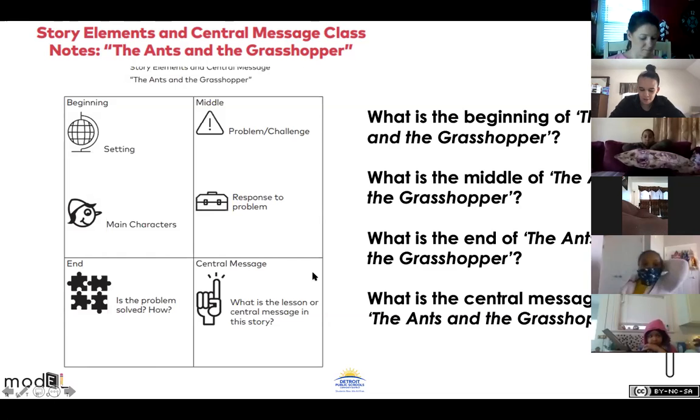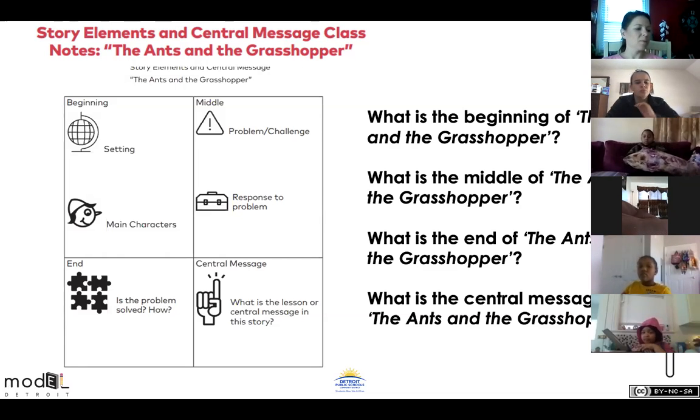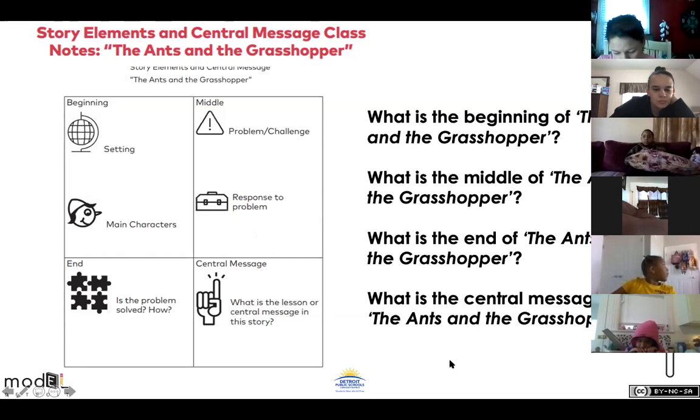You have to unmute yourself. Talk close to the computer. What happens after the middle is the end, and then. What happens in the middle though, sweetie? They respond to the problem. Okay. How do they respond to the problem? By fixing it, and